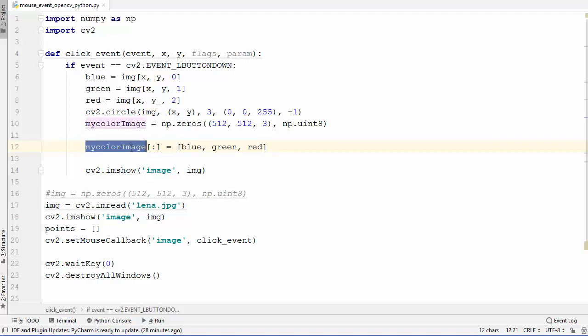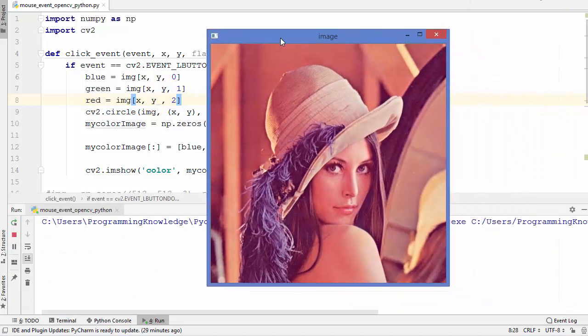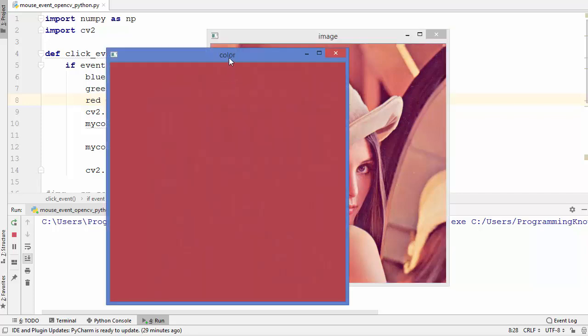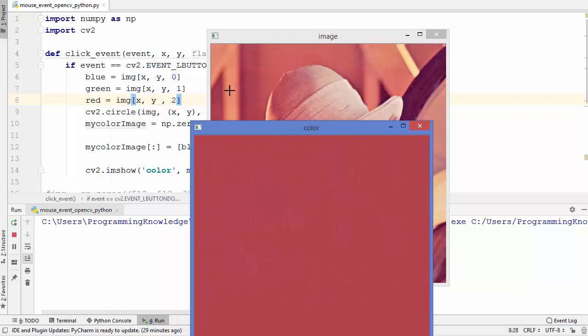And now we have the new image with the color, so we can show this image using a new window, let's say this is the color window. Okay, so this is how you will get the new window with the color on which you have clicked. So let's run this code and let's see what happens. So I'm going to run this code, and you can see this is the image, which is the colored image. Let's see, I click on this point, and you can see the same color on which I have clicked is opened in the next window.